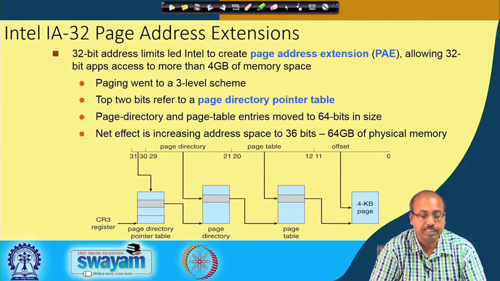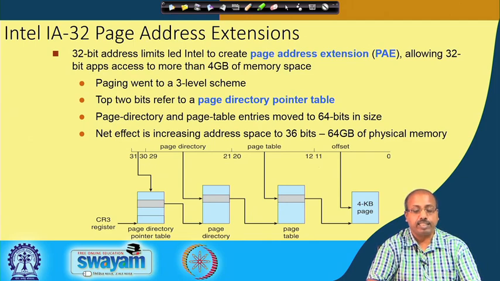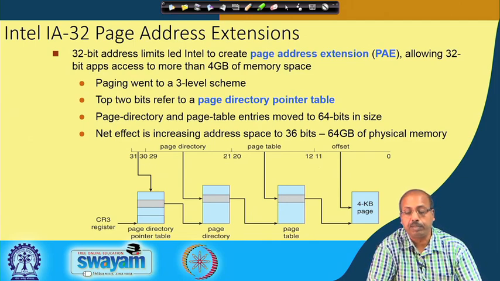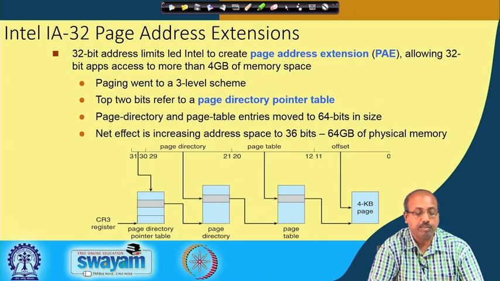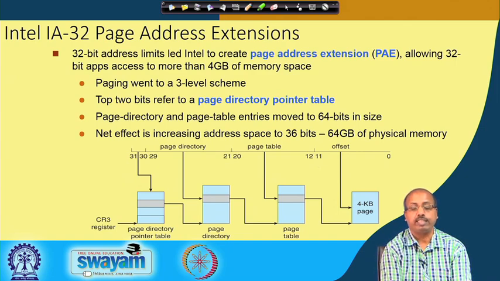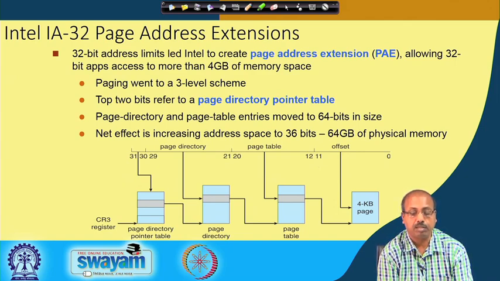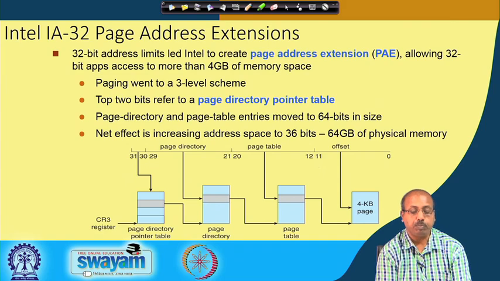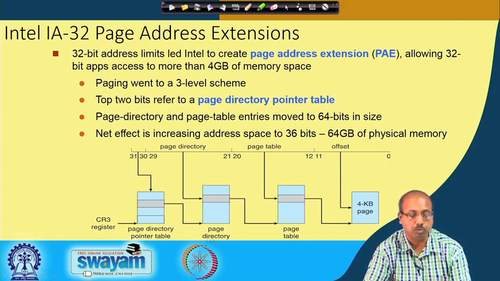So, there are page address extensions. The 32-bit address limit led Intel to create the page address extension, or PAE, allowing 32-bit apps to access more than 4 GB of memory space. So, how can I have such a large memory access with 32-bit addressing? For doing that, paging became a 3-level scheme. The top 2 bits refer to a page directory pointer table. So, this is 32 bits, and these 2 bits are used for a page directory pointer,